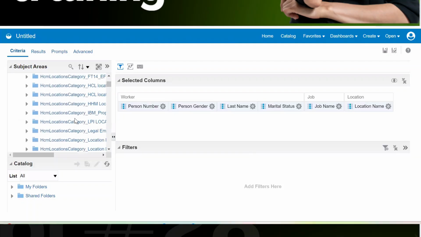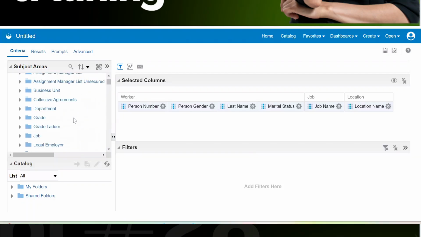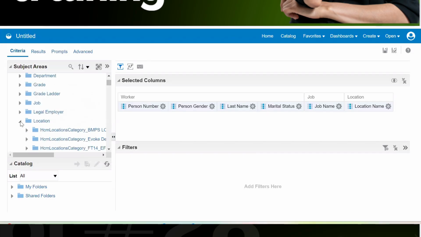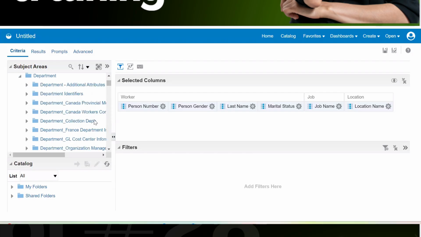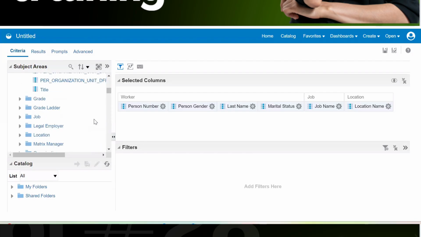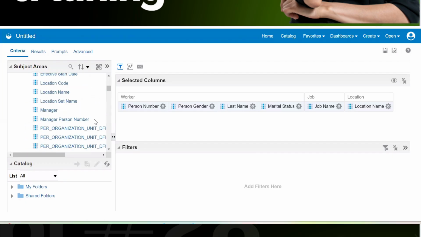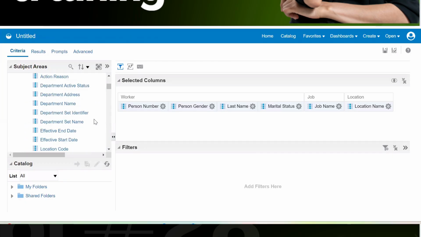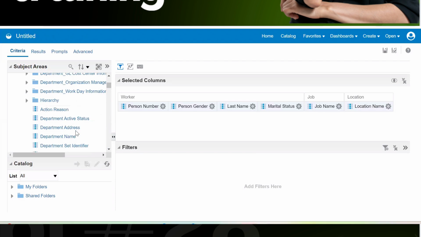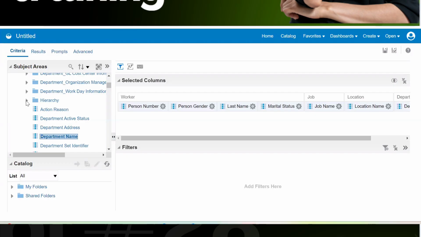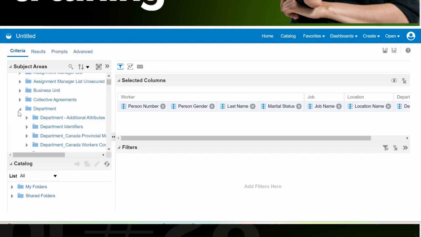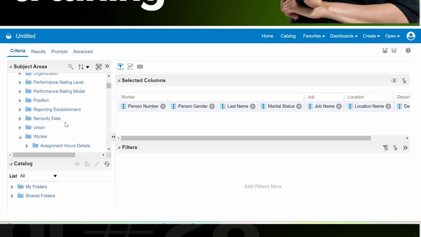Any other columns we are interested in? Maybe the department name. We can select from the department subcategory the department name. Okay. And additionally, I want the salary of the employee.